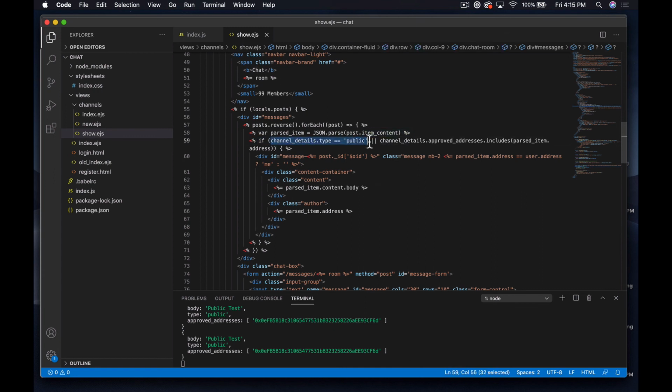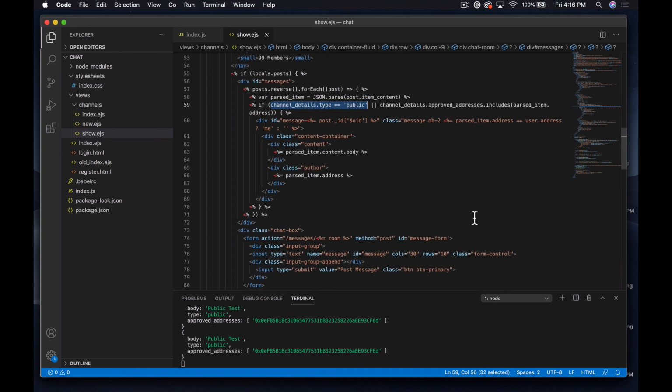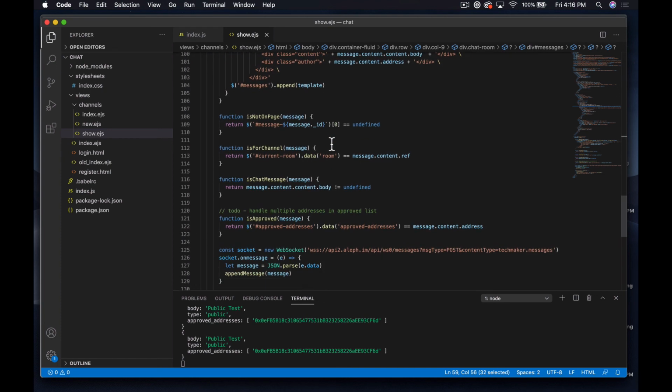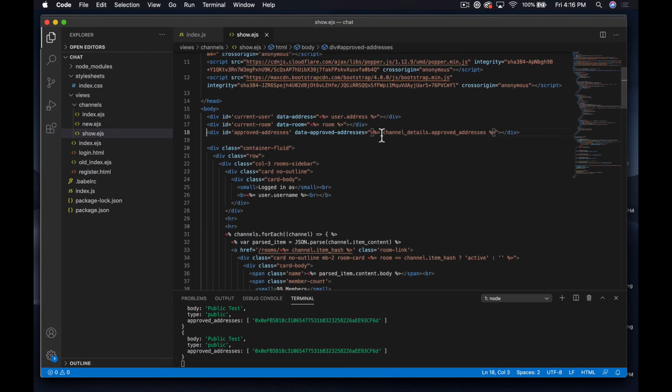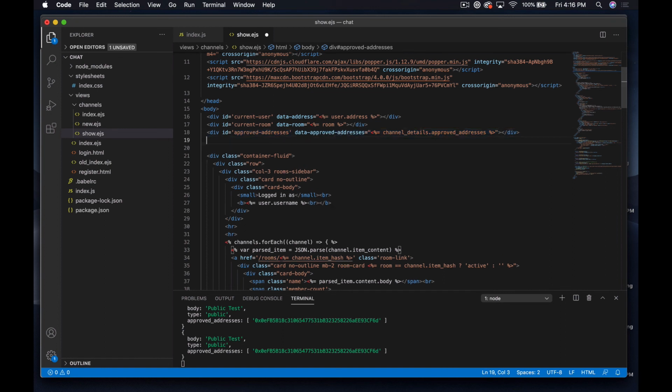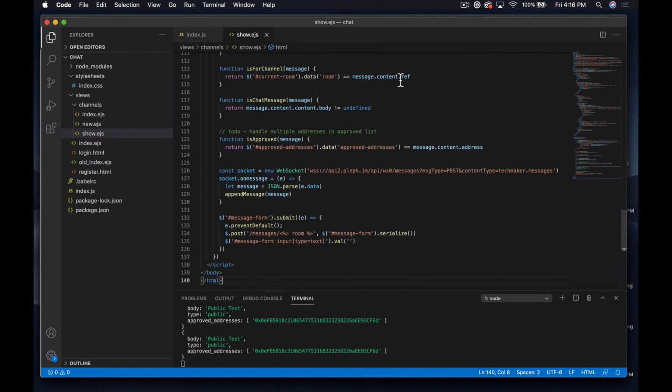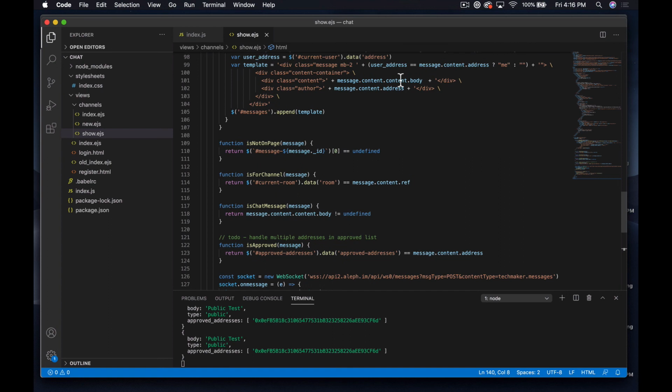And we're saying, okay, if it's public or if it's approved, then go ahead and add it to the screen. So what I want to do is basically add that same logic down here. So what we can actually do is start by going ahead and changing this and say channel type here. And we'll say channel details dot type. And all I want to do down here is say is approved. And what we can do is extend this and say